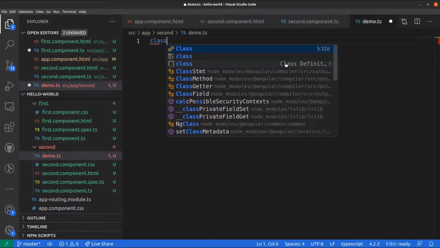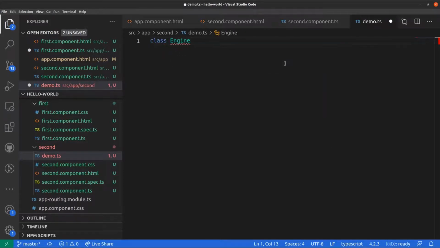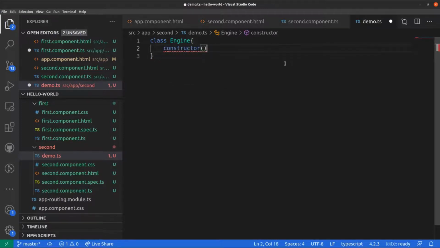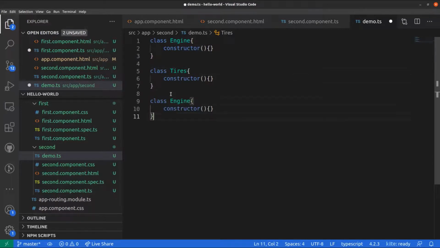We can leave it blank for now with a blank constructor. Similarly, we can create a class of tire. Similarly, we can create a car, but car needs engine and tire as a property